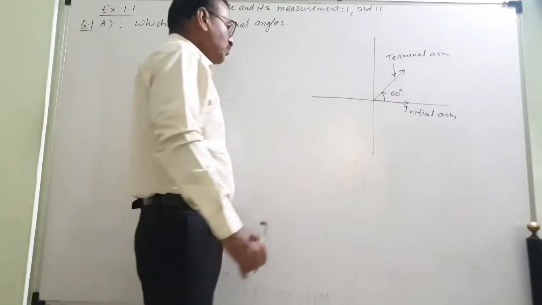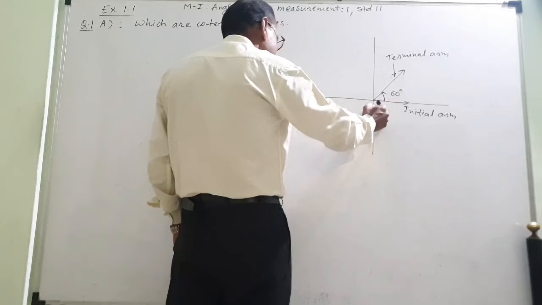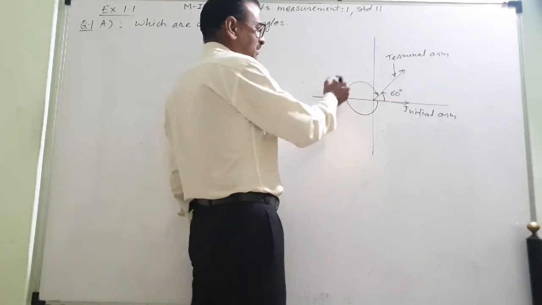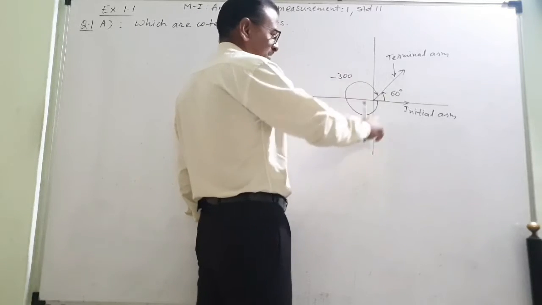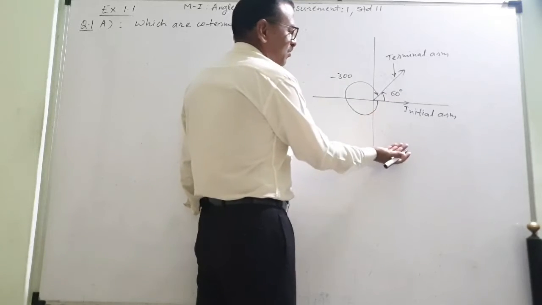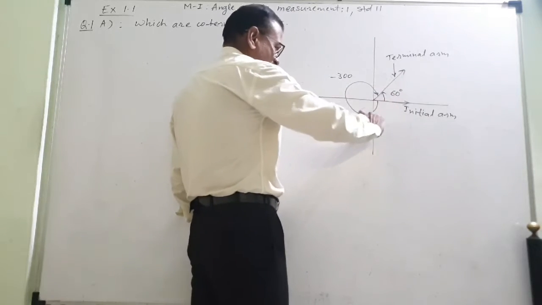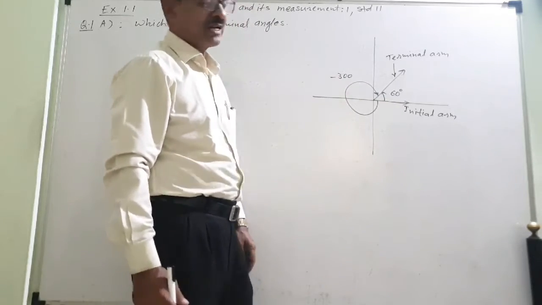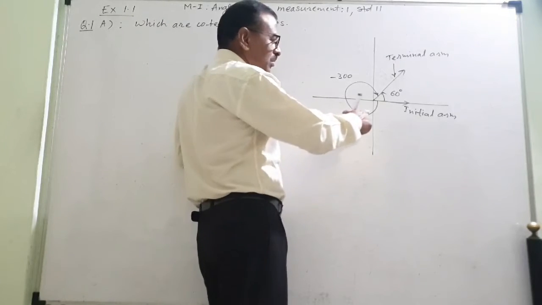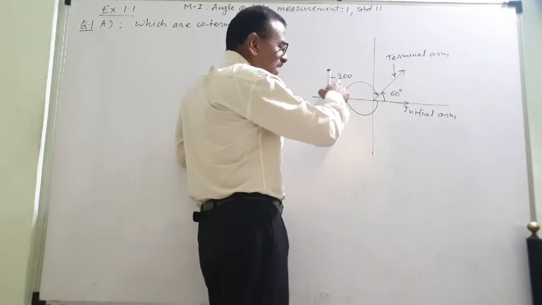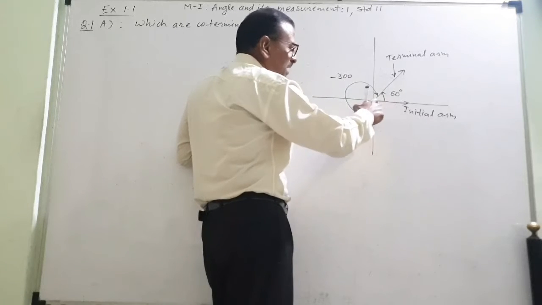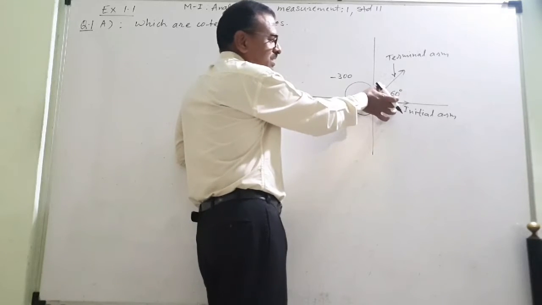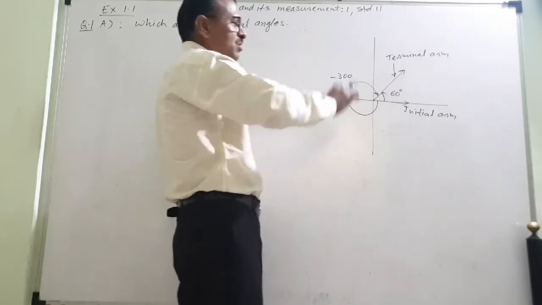Okay. So what is this angle? This angle is minus 300 degrees. This way you just see. If I go this way, it is positive. If I go this way, then it is negative. So what is this angle this way? It is minus 300. So the arms of the angle minus 300 degrees are this and this, meaning the arms are the same. For 60 degrees also the arms are the same, and for minus 300 degrees also the arms are the same.